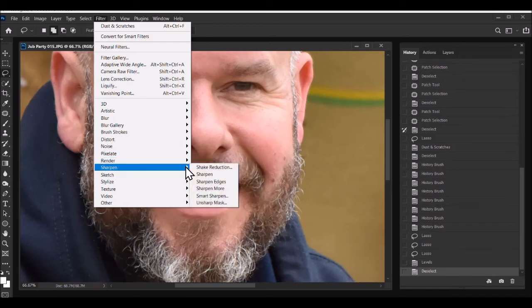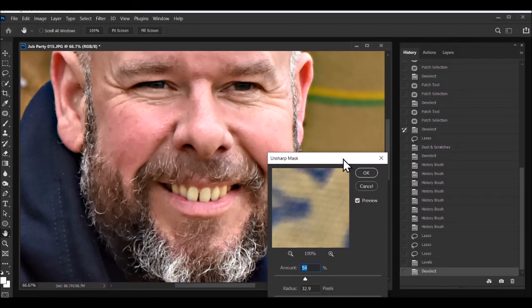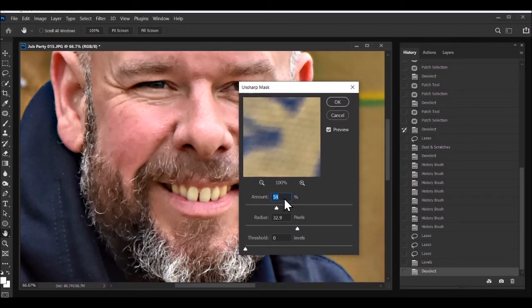It may sound illogical if you use this for the first time, but it's called Unsharp Mask, and yet we're actually going to sharpen the whole image. So click on the Unsharp Mask, and once these are set, they're normally set like that. Somebody's been messing about with this lot. So the amount needs to be 50%, the radius needs to be 2, and the threshold needs to be 0. So now we're going to click OK,